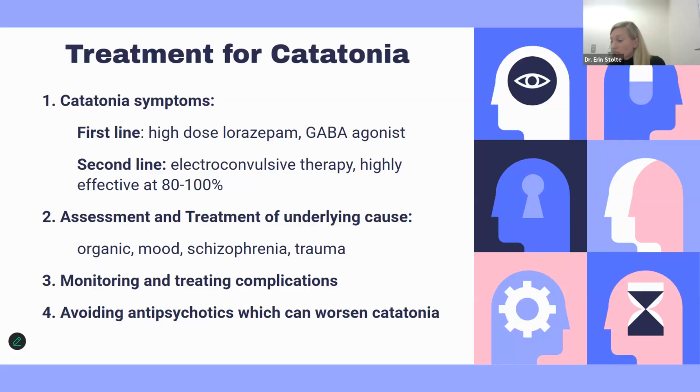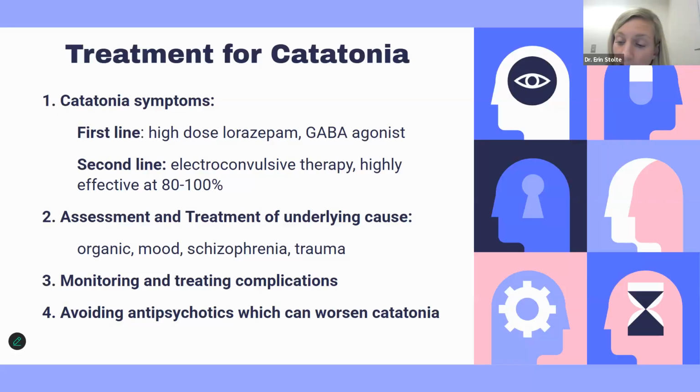If this fails, our second line is electroconvulsive therapy, which is highly effective at 80 to 100%. And it works by downregulating the immune system overactivity, as well as normalizing the neurotransmitters, as well as improving connectivity and neuroplasticity at a wider range. The other target of treatment, though, is assessing and finding the underlying cause, whether that be an organic medical condition, a mood disorder, schizophrenia, or trauma, monitoring and treating any complications which can arise, and of course, avoiding antipsychotics, which can